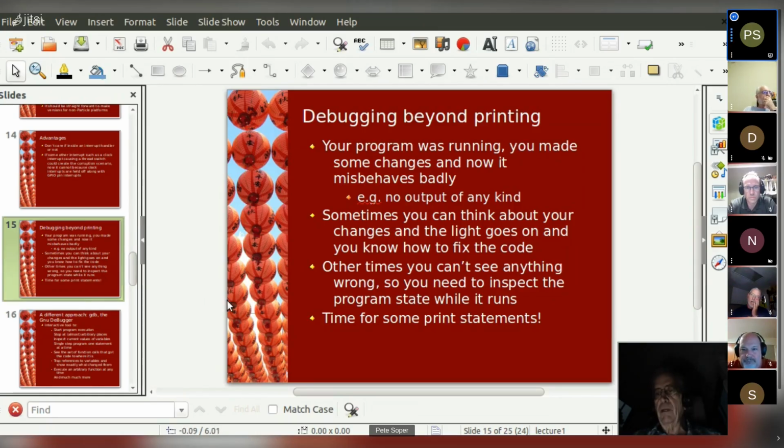So in the typical scenario, we have a problem with our code, and we scratch our heads, and sometimes we can kind of imagine and realize what the mistake was and go in and fix it and recompile it, and it works. And other times we don't have any clue, and so it's natural to start figuring out how to get the information out of the code, especially if it's not doing anything. It's not putting wrong output out that would give you a hint. You know, if all of the ones are zeros and the zeros are ones, it gives you some information. But if you don't get anything out, then you naturally put print statements in.